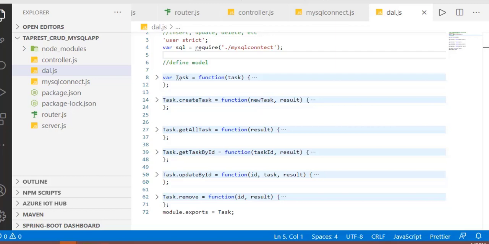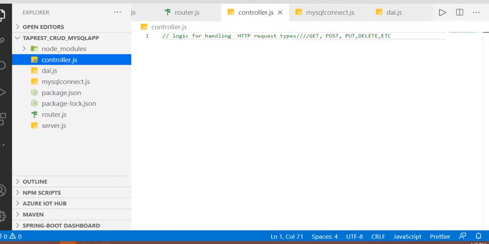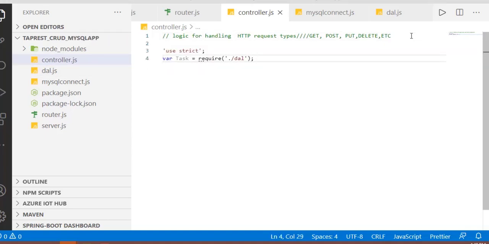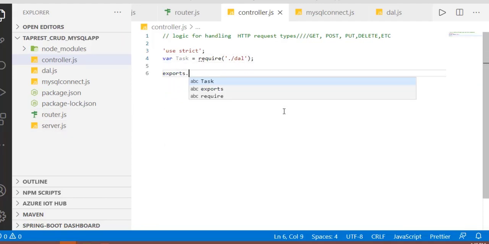Our next job is to define the controller. In the controller, we would like to write the operations for your get, post, put, delete requests. Inside we are going to invoke our DAL logic, and we will get that object which has been exported from that file.